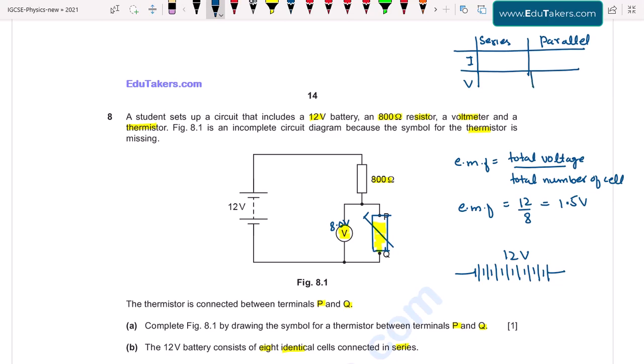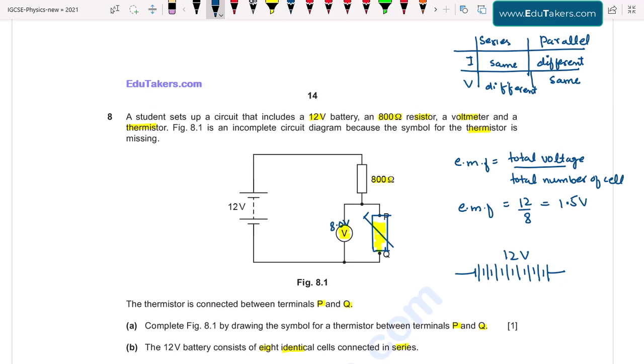In the series combination, voltage is different. So I write here voltage is different, and in the series combination current is same. In the parallel combination, current is different but potential remains same. So using this concept,